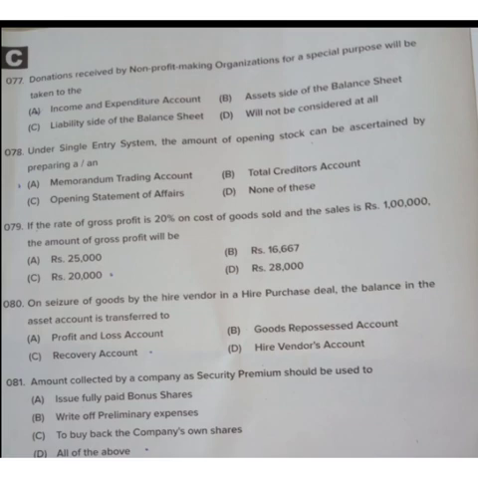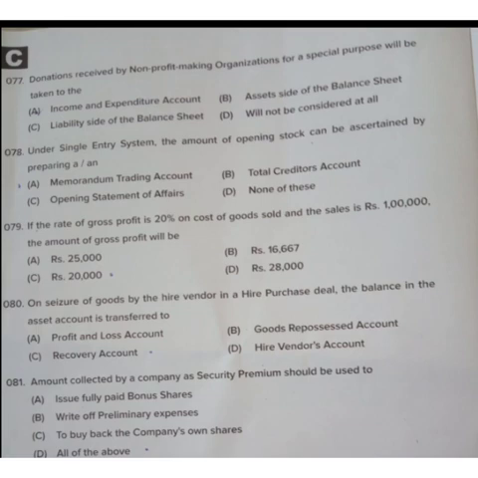Under single entry system, the amount of opening stock can be ascertained by preparing an opening statement of affairs. If the rate of gross profit is 20% on cost of goods sold and the sale is rupees 1 lakh, the amount of gross profit will be